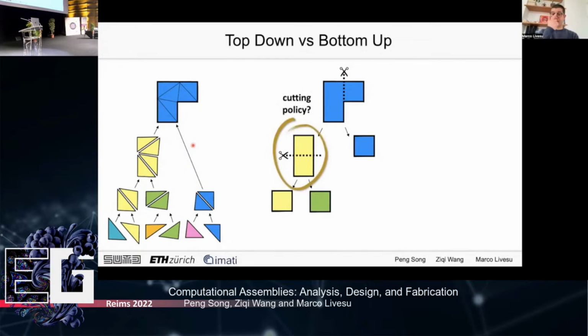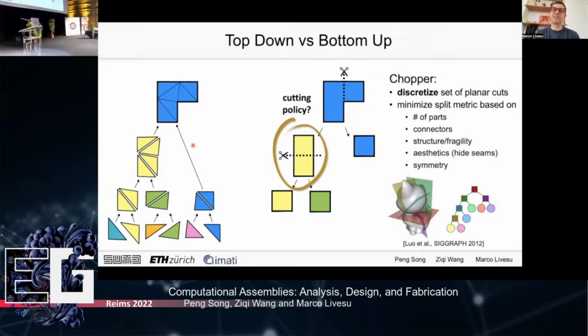And like for the bottom up, again, you have the problem of what is the cutting policy that I use? How do I cut? For example, I can use cutting planes. If I use cutting planes, what cutting planes am I going to use? How many possible cuts am I going to consider to pick the one that I want, and so on and so forth. And a good representative of this category of methods is Chopper, that was proposed in 2012, in which essentially